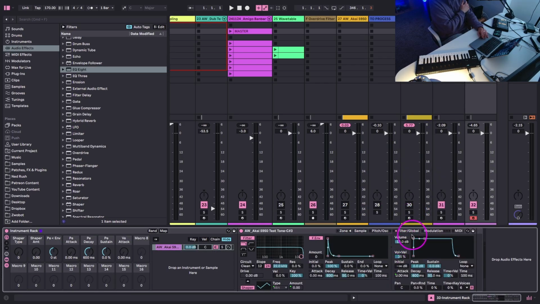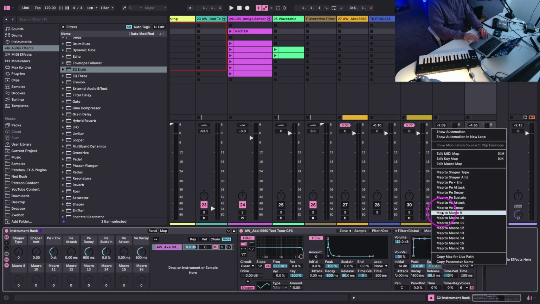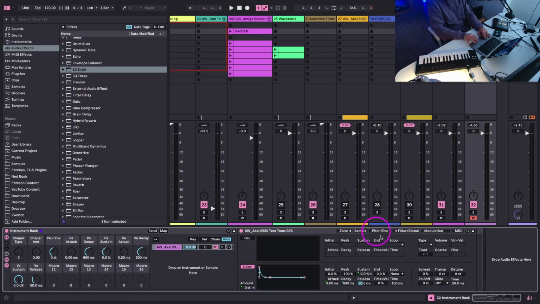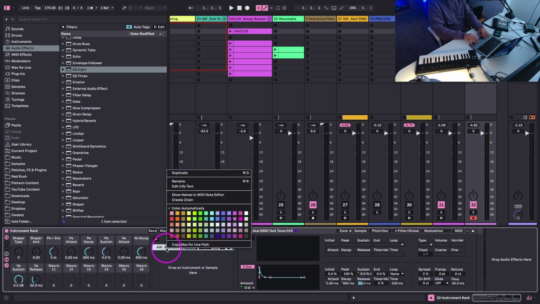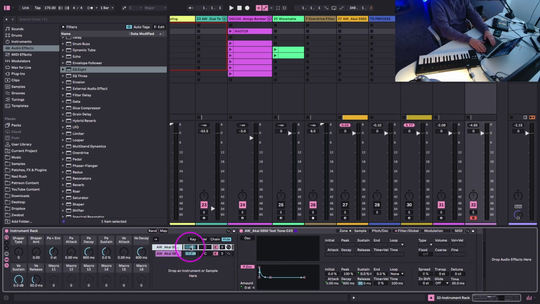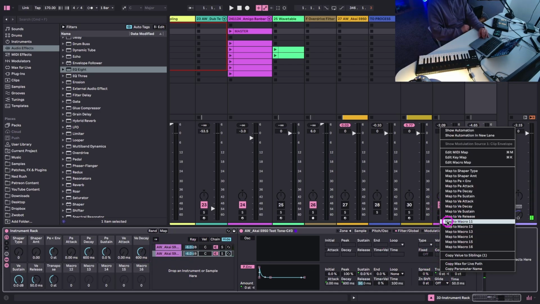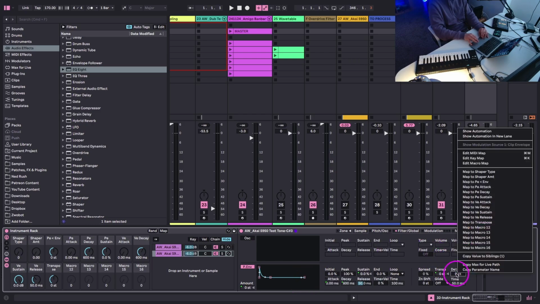We're going to move over to the global section, to the amplitude envelope, and we'll map attack, decay, sustain, and release. Okay, now we'll do the tuning. In fact, we want to leave this off, because we only want to detune the second one. So let's duplicate that now. I'm going to bring these down a notch in volume, -6, because we've got two of the same sample playing. All right, and then on this second one, I'm going to map transpose to macro 11 and